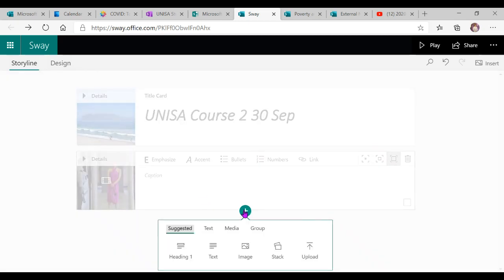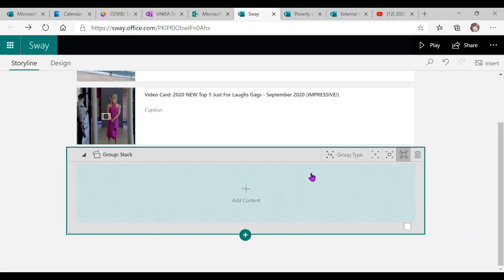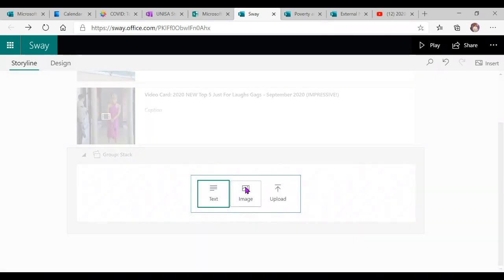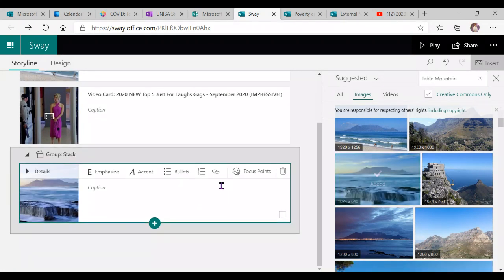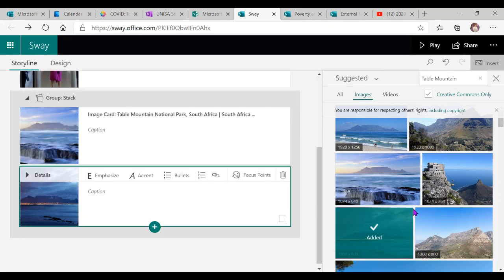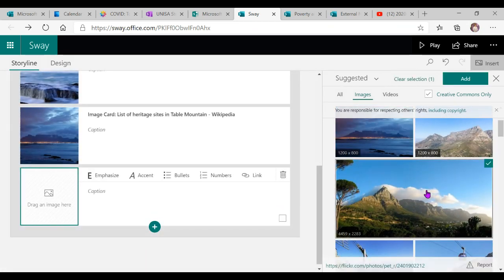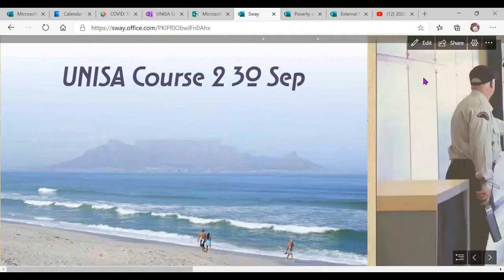Right. So I want to add a stack. You can see here it says add a stack to your presentation. If you have a look here, you saw the driving questions in the project that I showed you. This is like the animations in PowerPoint, but I think it's more funky. So I can either do images or text or whatever, and I can just add images. And then I want to add another one, another image, and another, and I click on add. So this is how easy it is to use, and then I can go and play my sway,